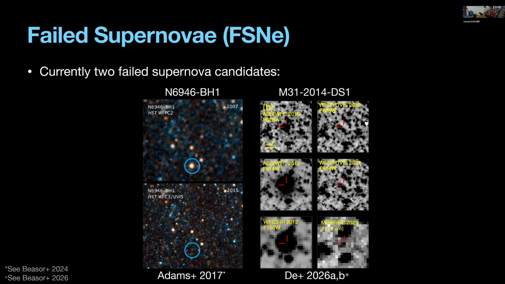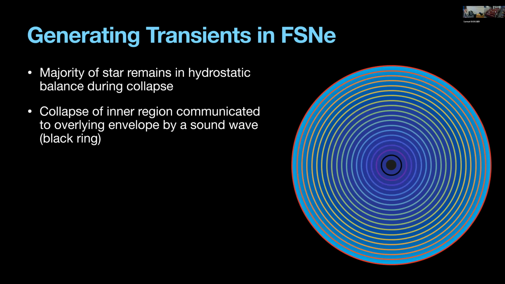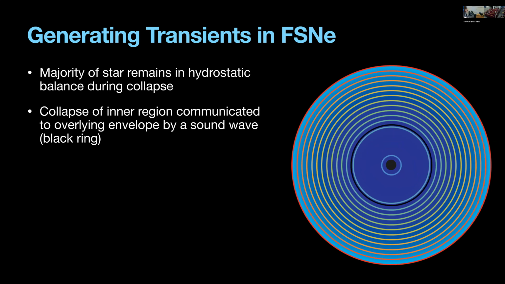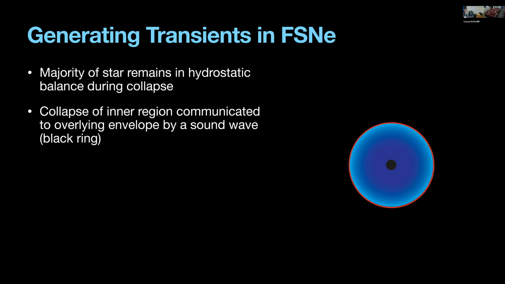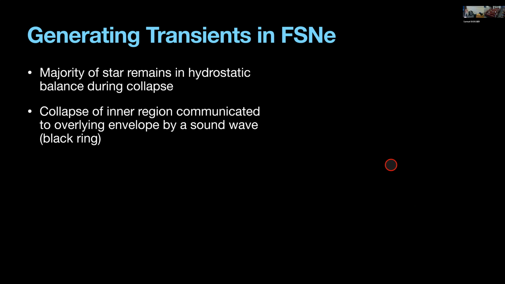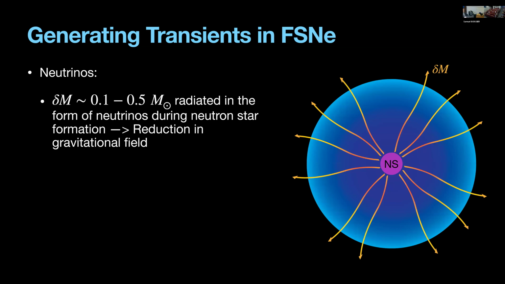But ideally, we would have a way to detect these failed supernovae, these stars disappearing and forming black holes, as a transient event. So to go back to the core collapse process, the star itself doesn't just immediately collapse, like I was saying before. Instead it's communicated via a sound wave that moves out through the star and causes material to fall in. This is normally an animation, but I'm just going to click through it quickly, and you can see it. The sound wave moves out, and it tells material to fall back in,